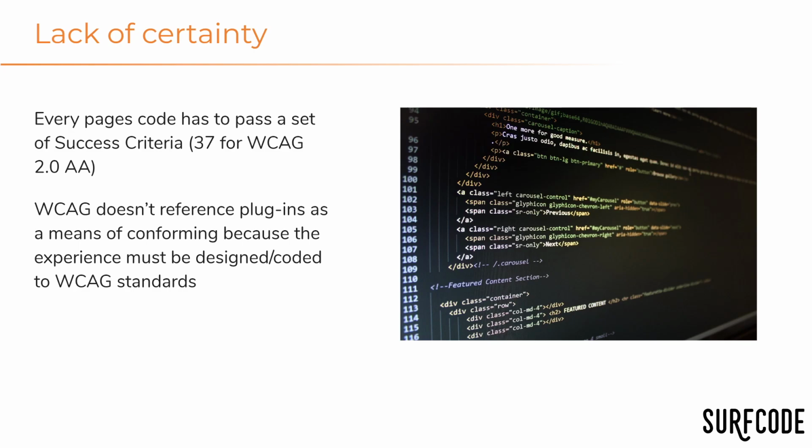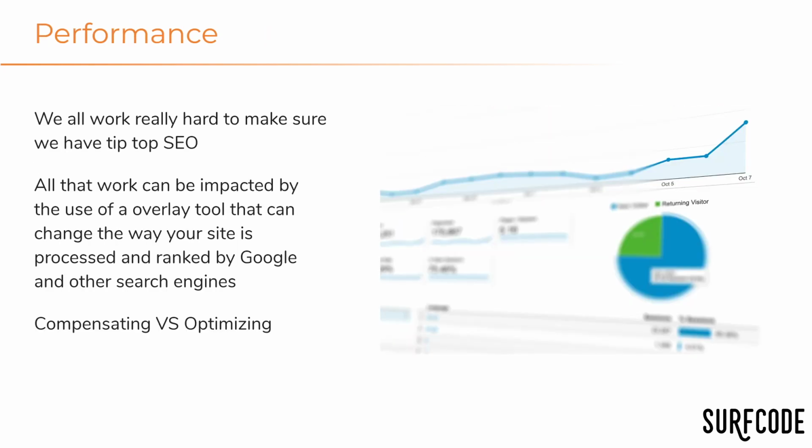There are a lot of good plugins that I've seen and a lot of really bad assistive plugins that I've seen. So you've really got to take it on a case-by-case basis, install it on a staging version of your site, test your site, and see if it really did improve your accessibility results and that it hasn't had any other impact on your site. Other impacts that it can have on your site by installing these overlays